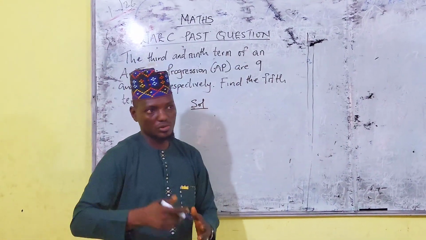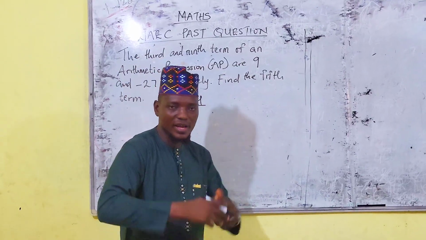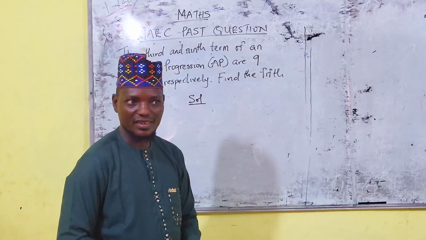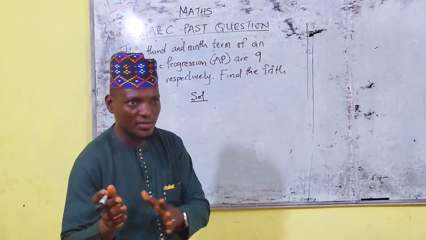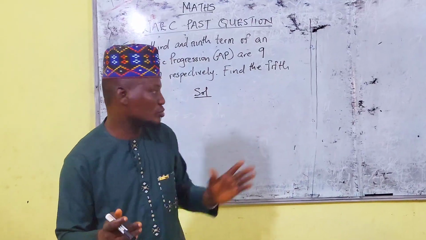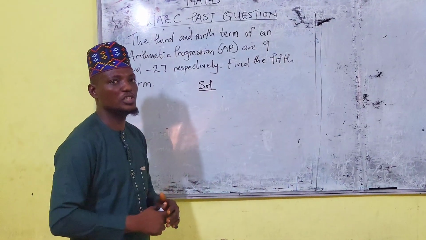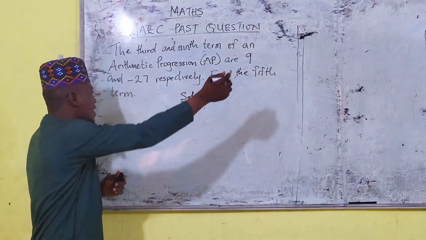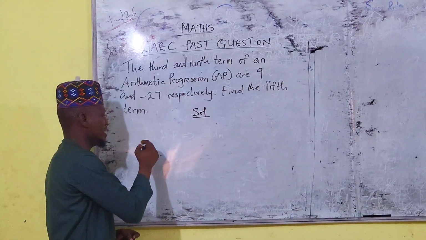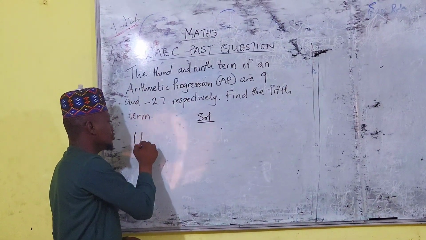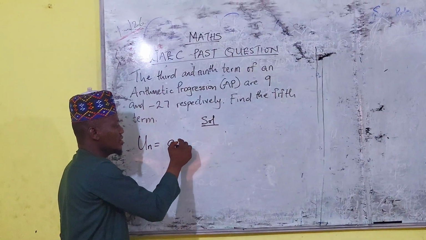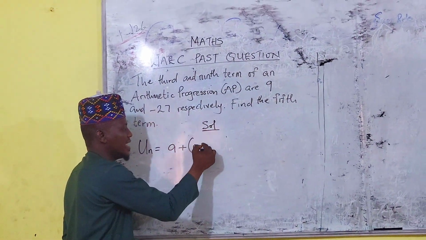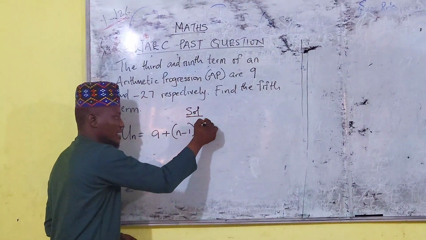GP, which you call geometric progression or exponential progression. Those are the two names they refer to, either GP, call it. But today we are dealing with AP, which is arithmetic progression. Now, the general term of an AP is what? Un equals a plus open bracket n minus 1 close bracket d,